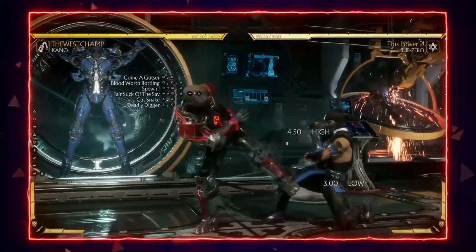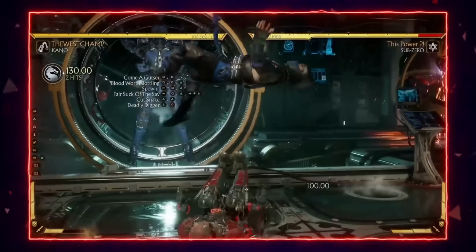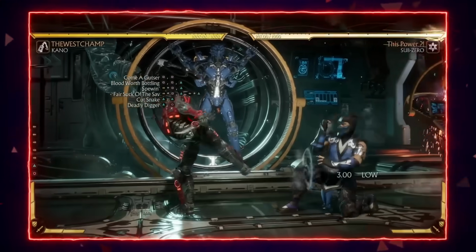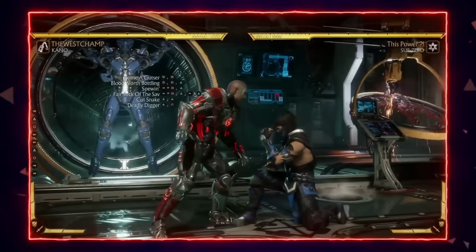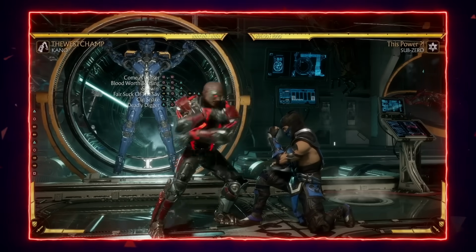We got 2-4. I like 2-4 because it also tick throws into his command grab. You'll see a lot of Kano players throw this string out. Sometimes I like throwing it in from a distance, like all the way over here. And also a good thing about 2-4 and 1-1, the fact that both of them tick throw into command grab,